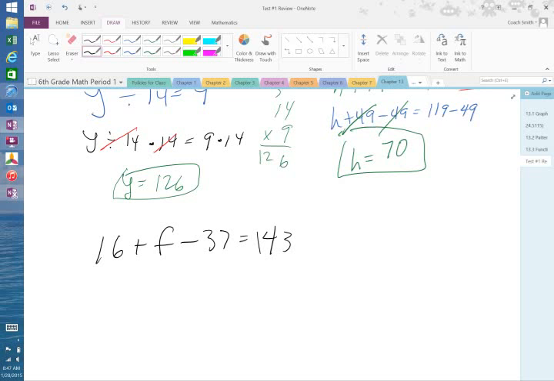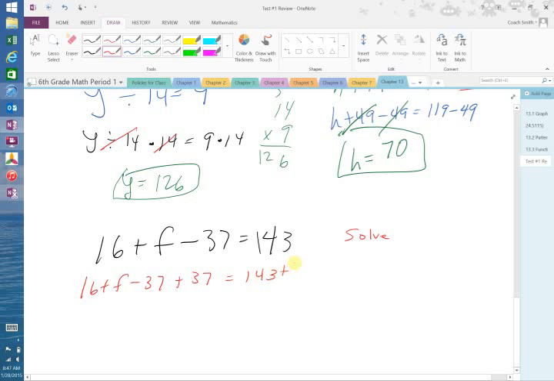The easiest way would be to simply start solving from the very first. So 16 plus F minus 37 plus 37 equal 143 plus 37. What I did is the inverse operation of subtracting 37. That cancels out on the left side, leaving me with 16 plus F equal,